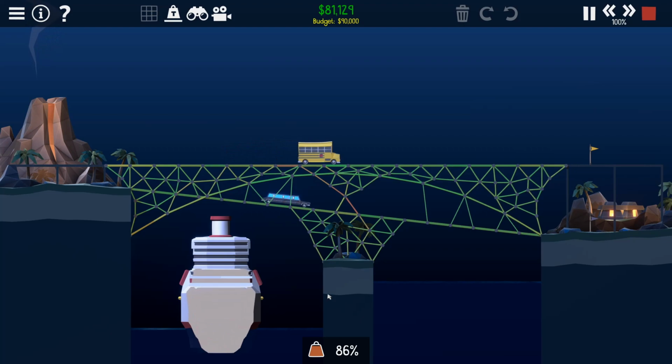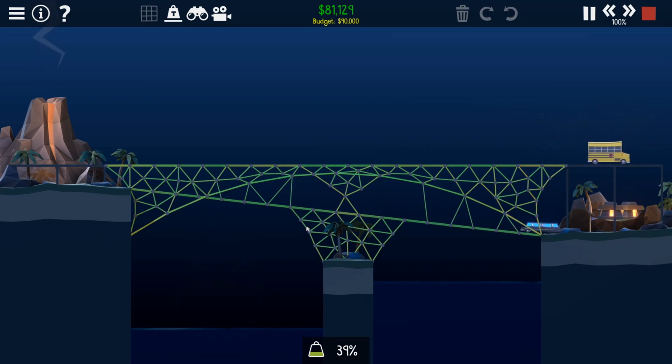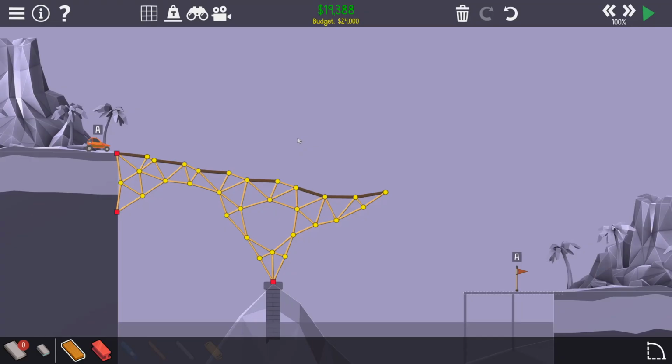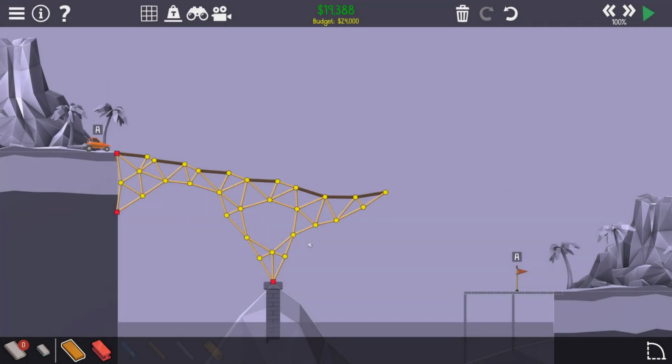And there you go. So that is a much better way to fix this bridge rather than trying to chase the first break. It's also worth noting that this can happen in reverse. Sometimes you want to remove a channel for stress. So in some iterations of this bridge that sadly I did not save, this central piece was breaking because enough